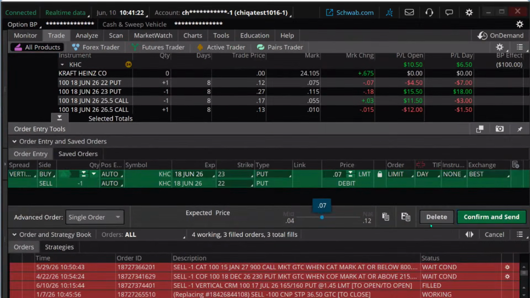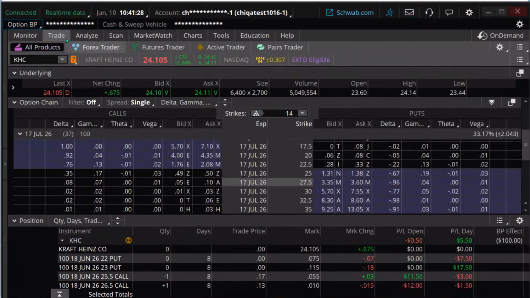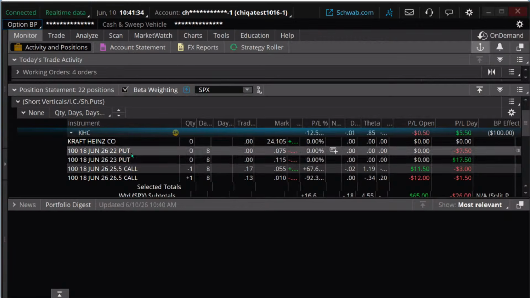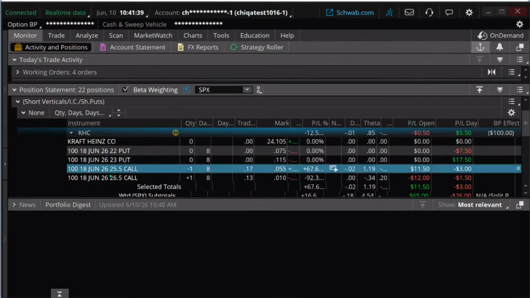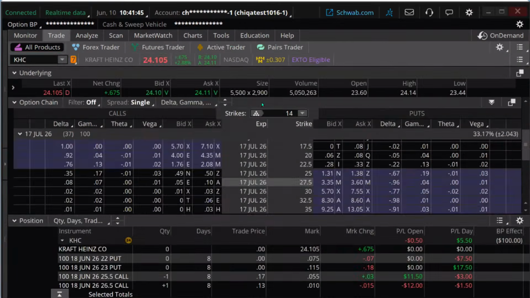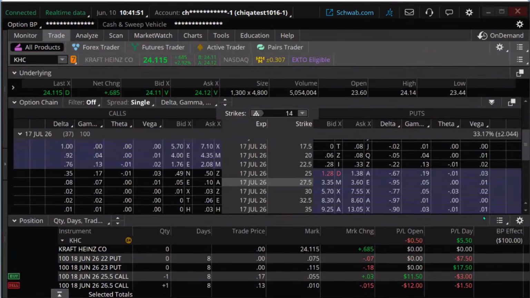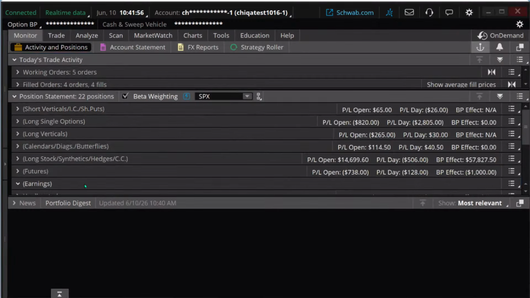And the reason is because I think there's probably a better chance of getting better pricing if you try to get two legs filled at once than four legs filled at once. By the way, if you want to do more than one, you can just hold down your shift key as you click on it. And then you highlight them both, create a closing order, you buy that back. We're going to get out of this one. It's an extremely small profit, but we'll take it. All right. And that one, we'll let that work a little bit there.